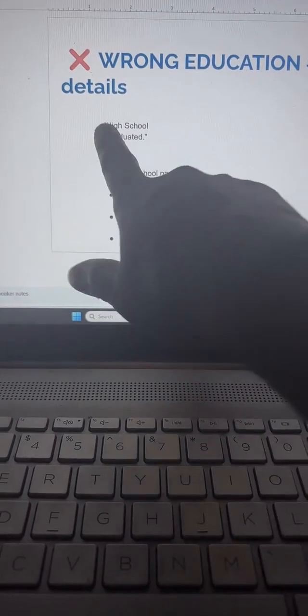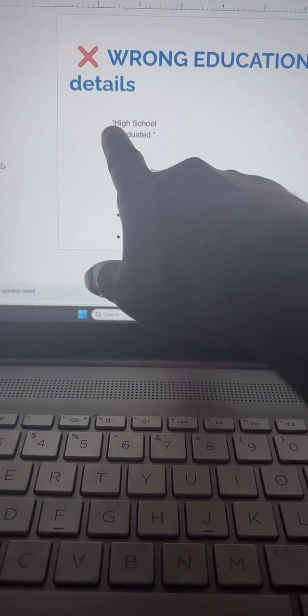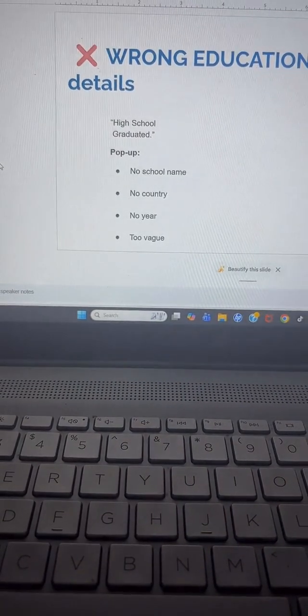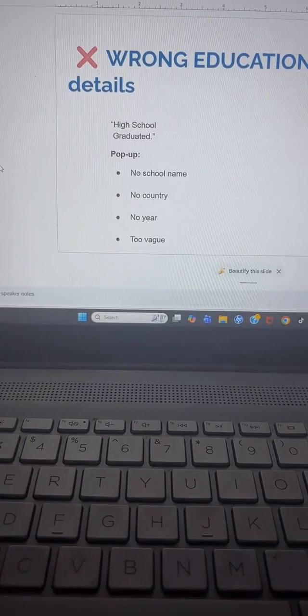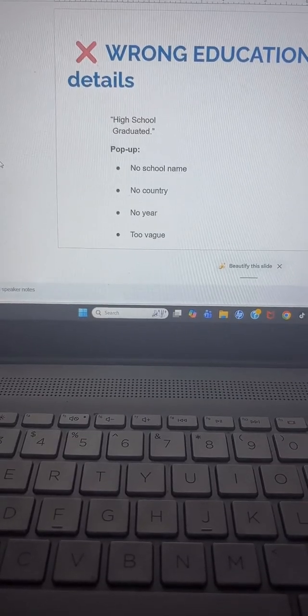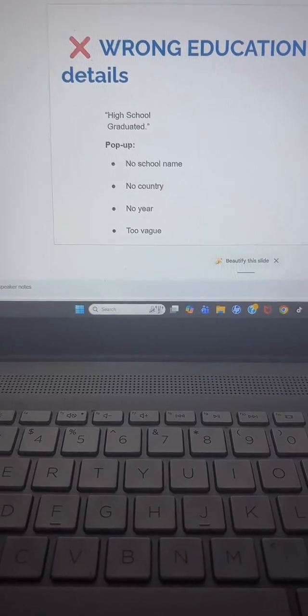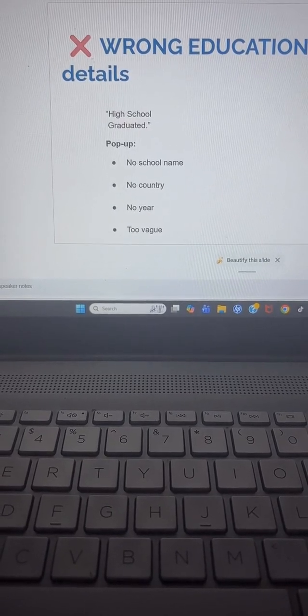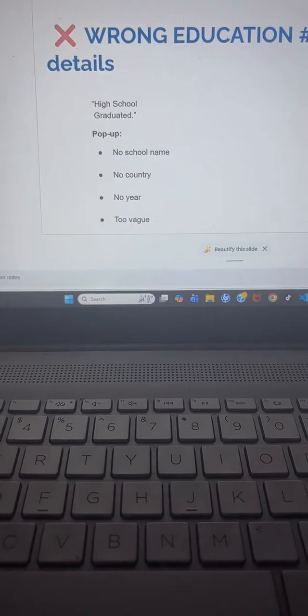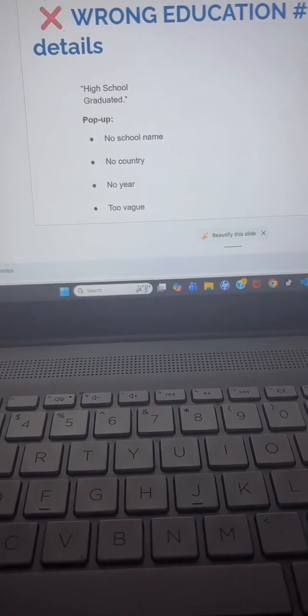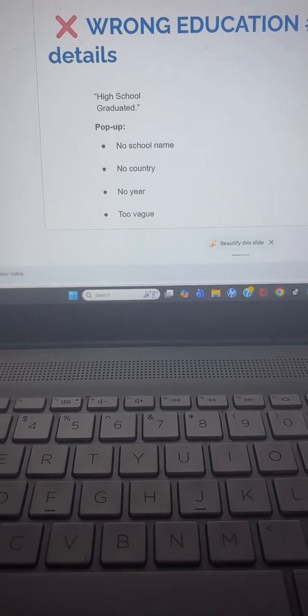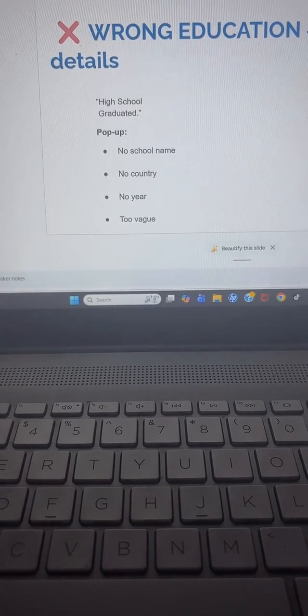Only put high school on your resume, guys. Just high school. You don't need to put a degree, only if you're doing, like, probably front desk, and you have to ensure that the degree matches.